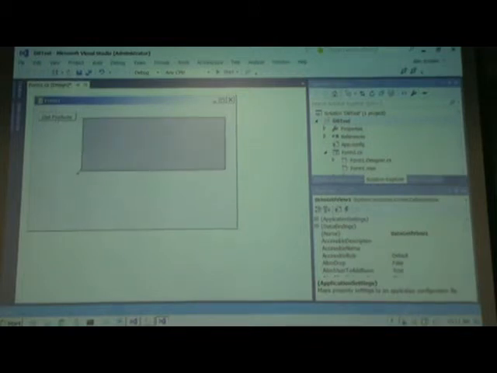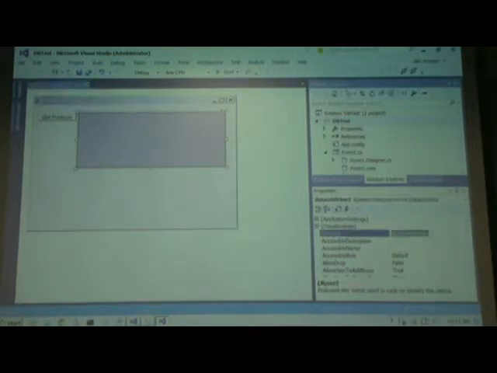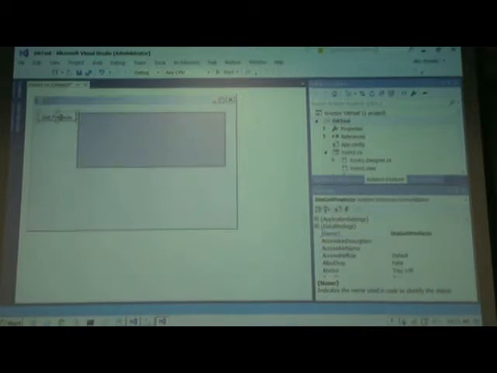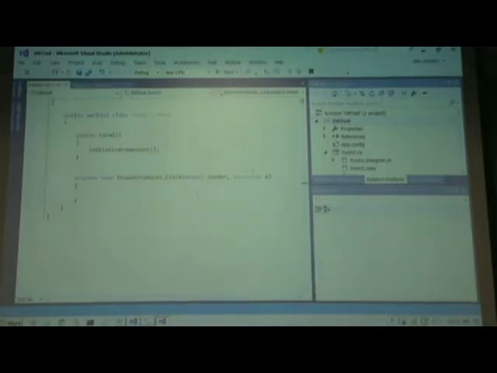So anyway, once we have the data grid view, let me just call it DG1. Okay, so that's the name I gave. Now if I double click on get products, I'll write the code